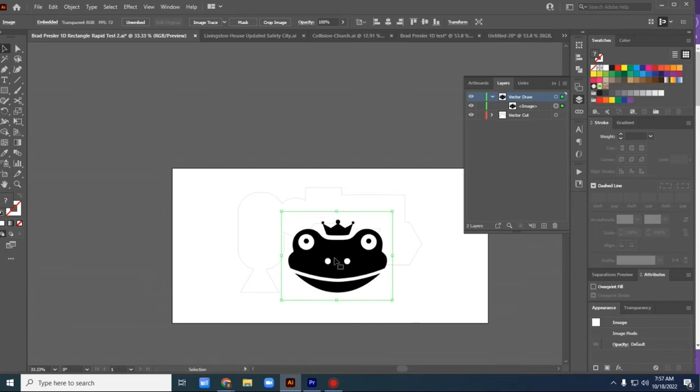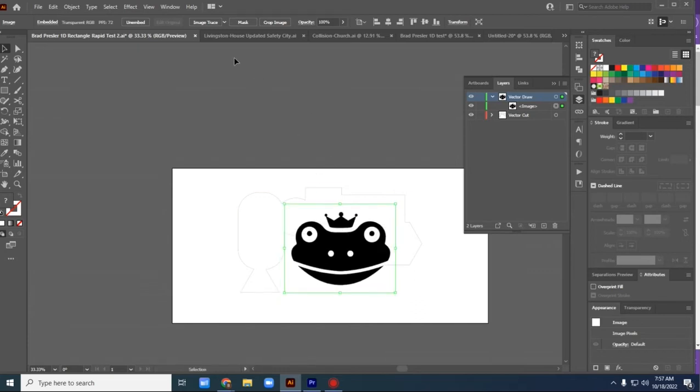In order to do the next step, it's a simple step. You have your object selected, your PNG selected, your image, right? And it's embedded. We're going to click Image Trace. The default image trace mode is black and white. So actually what we got, even though we had a clear background previous to hitting trace, is now we have a white background. What we can do is we can now expand this design,